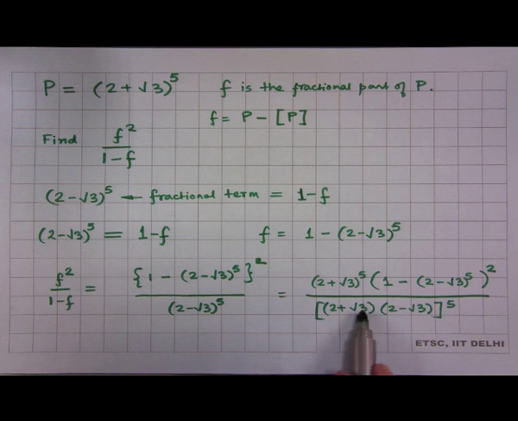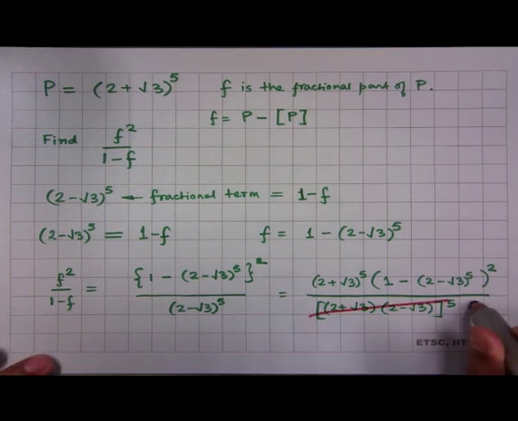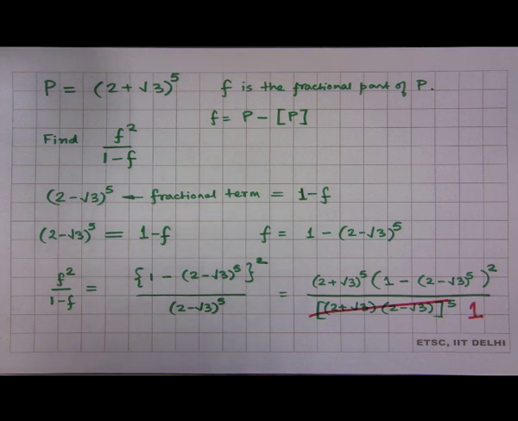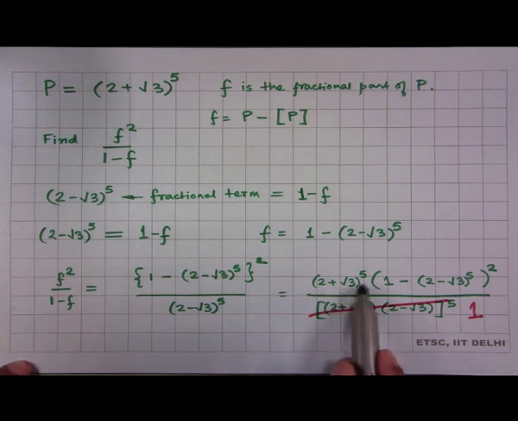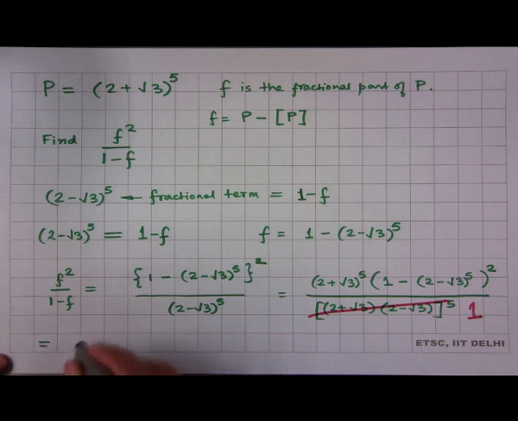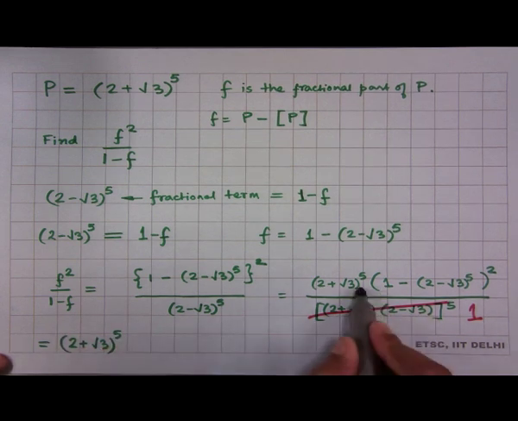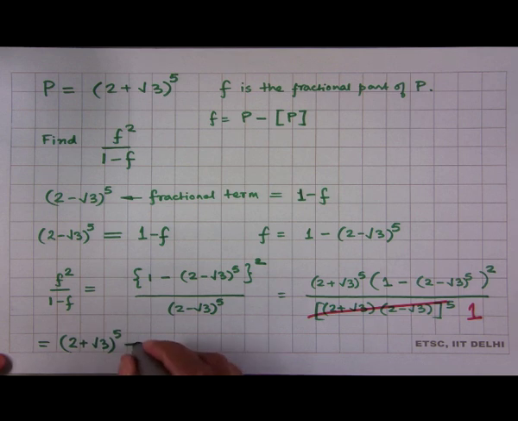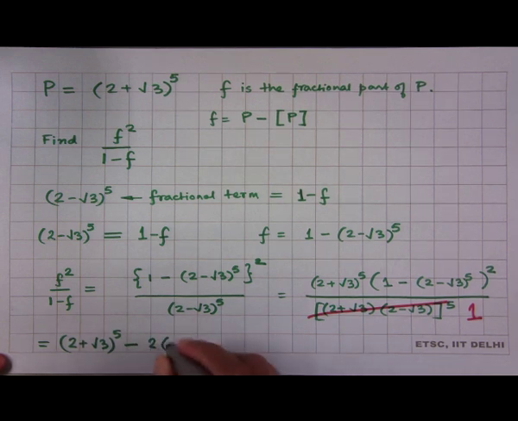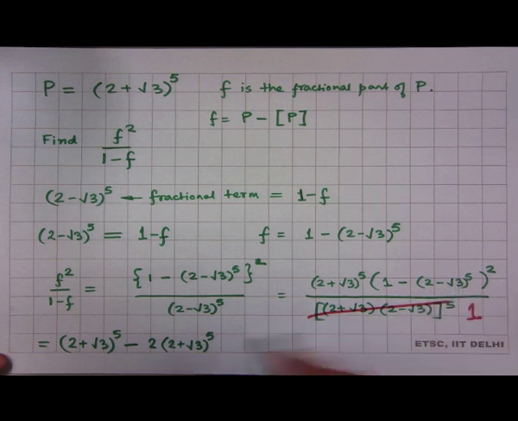And (2 plus root 3) times (2 minus root 3) is 4 minus 3, which is 1, 1 whole power 5 is 1. So, this whole thing is just 1. So, you do not have to worry about the denominator, and in the numerator you have got (2 plus root 3) whole power 5 into 1 minus 2 into (2 plus root 3) whole power 5 into (2 minus root 3) whole power 5,